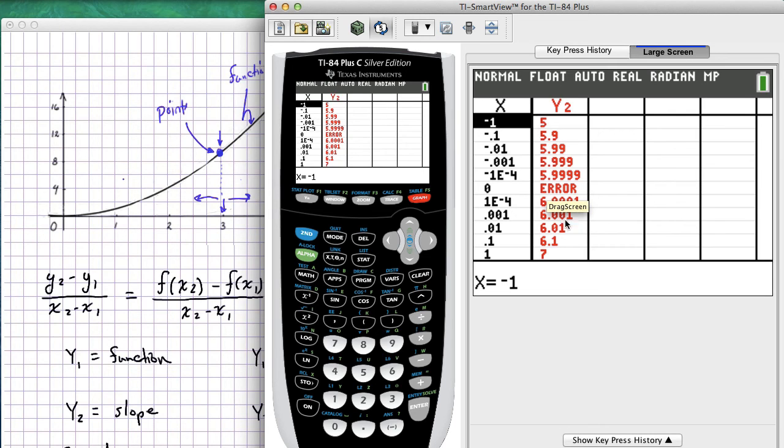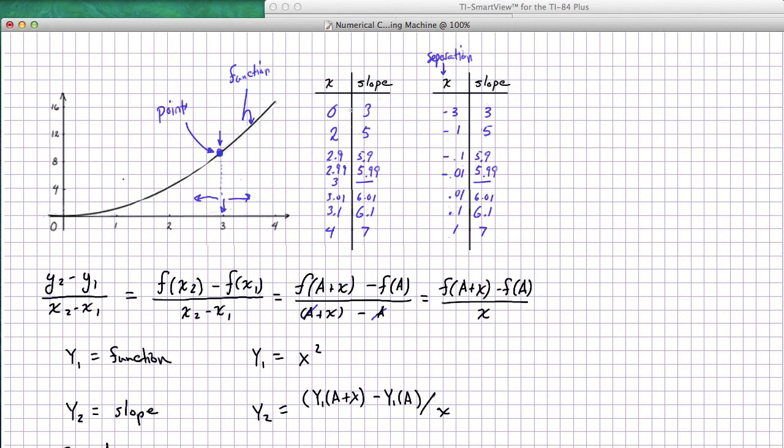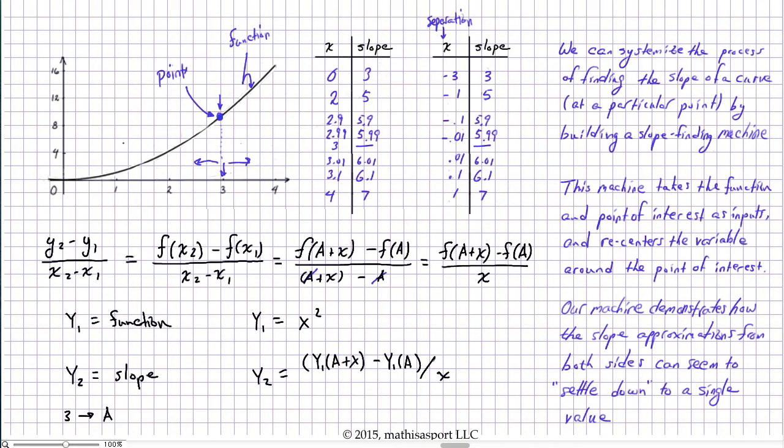So this slope finding machine has reproduced the same results that we had when we built the crude table one calculation at a time, but it found it to even more precision. Well, that's our slope finding machine. Let's just recap what it is that we've built. We have standardized the process of finding the slope of a curve at a particular point by building this machine. And one assumption we made in particular was to recenter the variable around the point of interest. I think that deserves particular attention